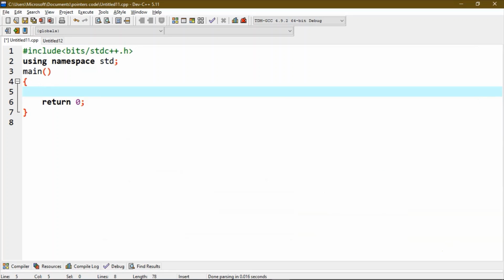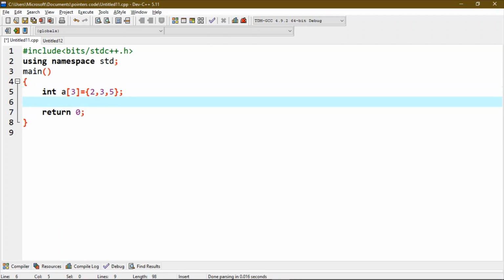First, we will declare an array A of size 3. Then we will declare a pointer array ptr of size 3.